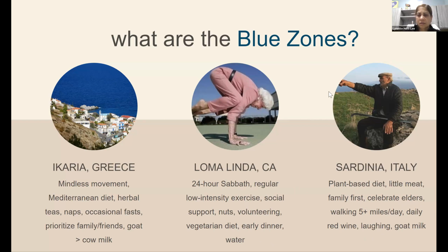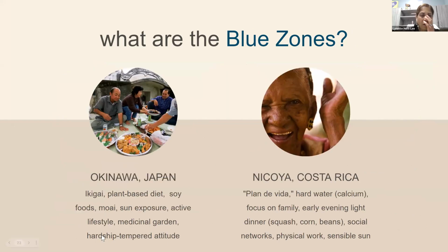Okay, what's going on here? In Japan, they eat a plant-based diet. They eat a lot of soy foods, they get a lot of sun exposure, they're very active. They use their garden for medicine, a lot of herbs. Their attitude to life is very relaxed, and they don't let things overwhelm them. And in Costa Rica, Plan de Vida, they drink hard water, which has calcium in it, they focus